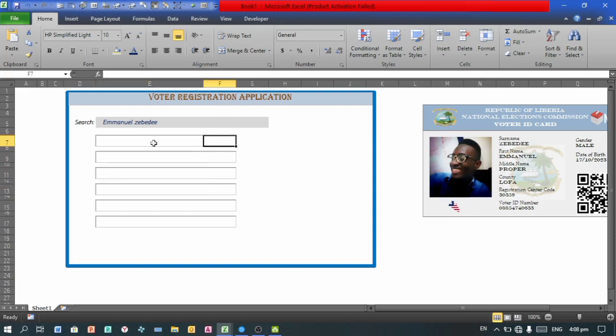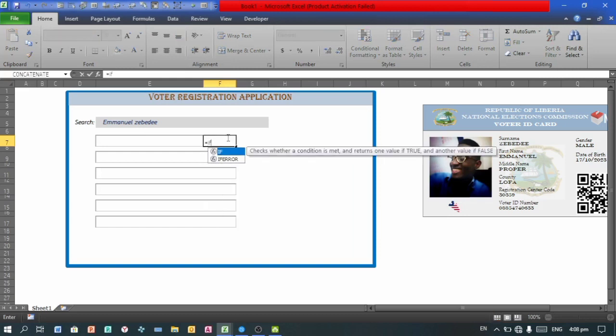So in F7, I can put in the formula: speakers, go F8, function, hit tab, and then select the red adjacent, hit the equal, and then hit double quote, and then hit comma. If E7 is empty, what do I want to put in that? Hit double quote and put the first name, and double quote again, hit comma, and then hit the cell adjacent to it, close that bracket and